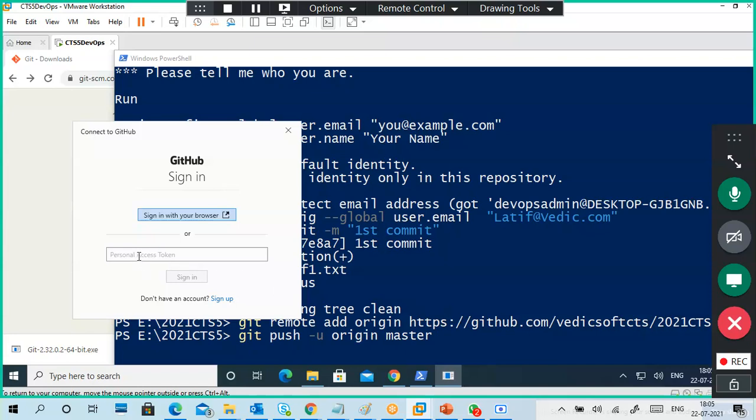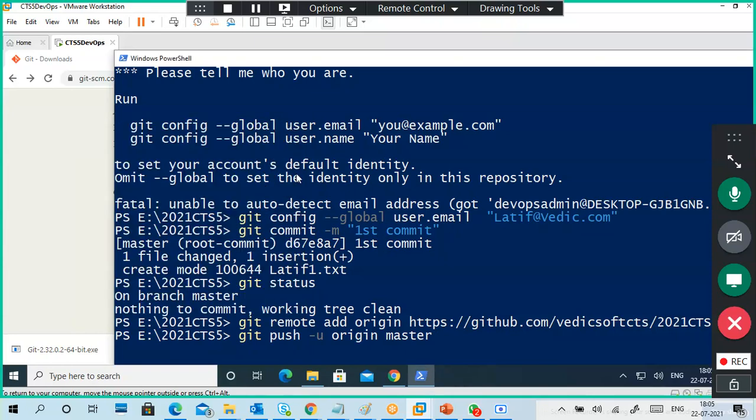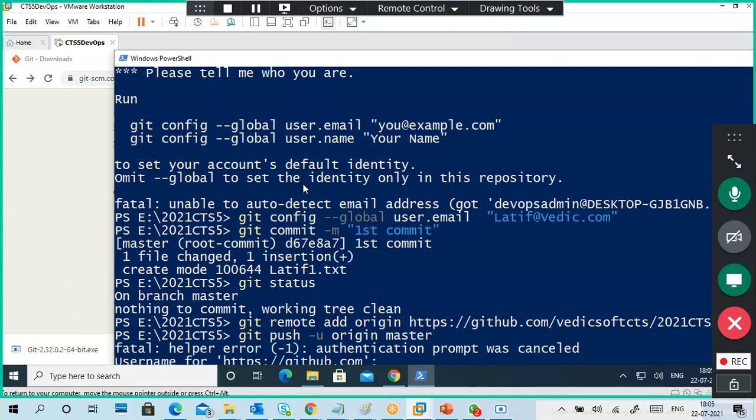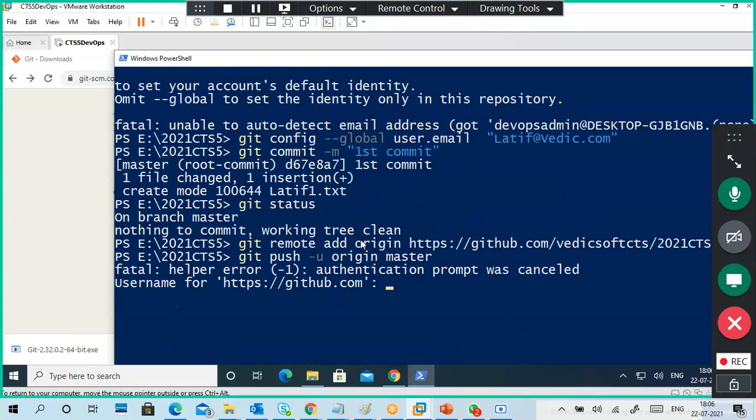So it is asking, do you want to use a personal token, or log in with your browser? I don't do anything, I just close this box and wait. No problem. You can see it is asking for the username directly. So better to do it like this, because the old way is better. This one is given. Now it is asking for a password.